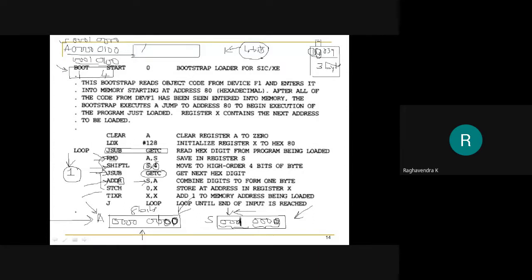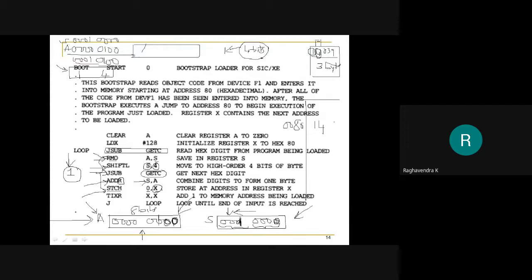See, now what we do is we STCH, where 0 comma X. X is where the index register stores the value 80. So at address 80, it will now put 1 4. So the first byte has been filled up.